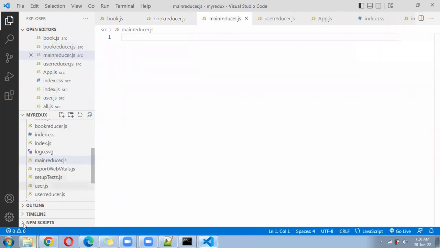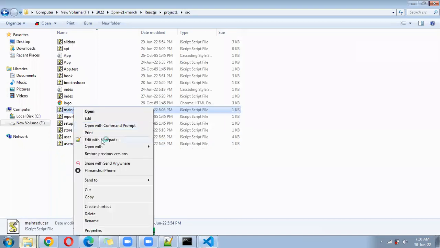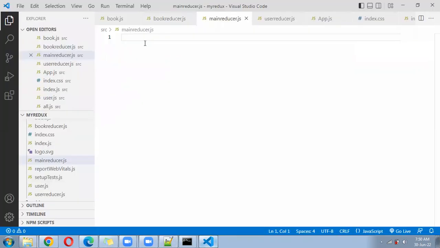Create one more file that is called main reducer. Under main reducer,